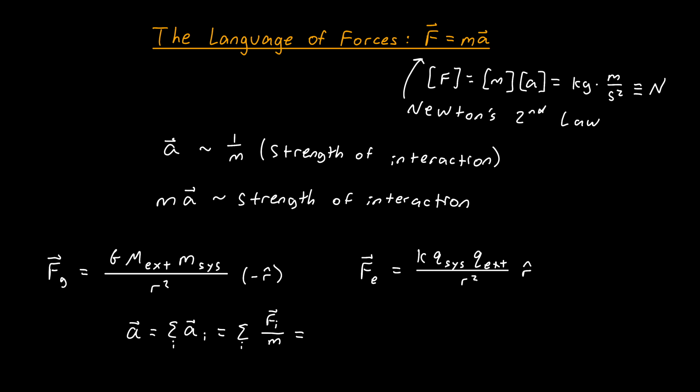And so to find the total acceleration, all you have to do is find the total force, right? Sum up all of these force vectors over all interactions that you have, and then divide that sum by the